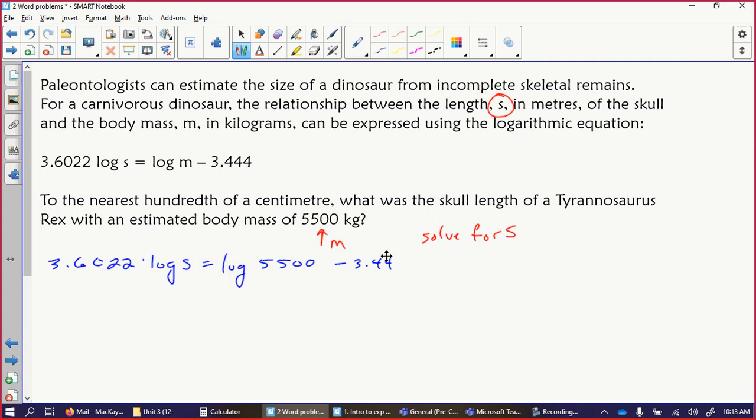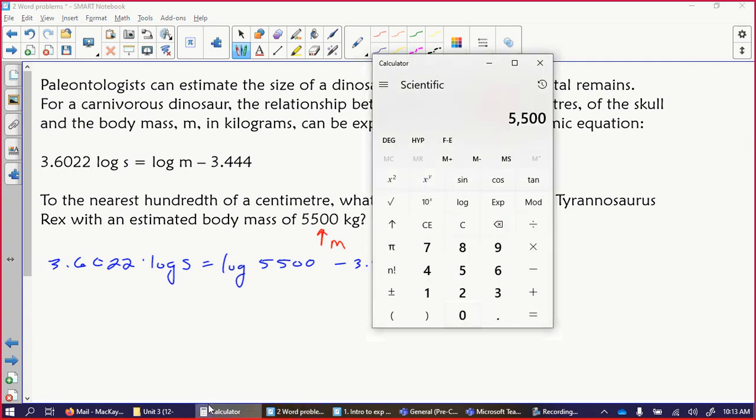So there's our first step. Log of 5,500, is that not just a number? 5,500 log 3.74